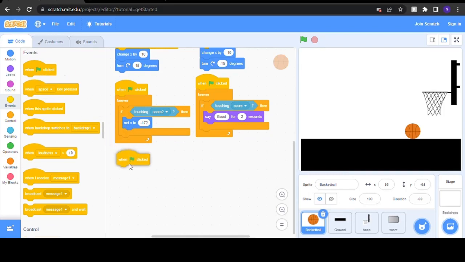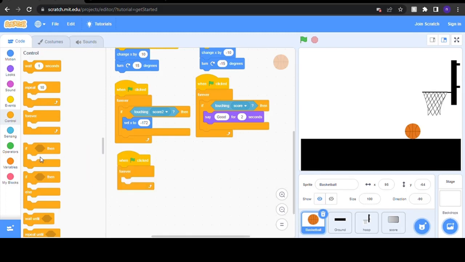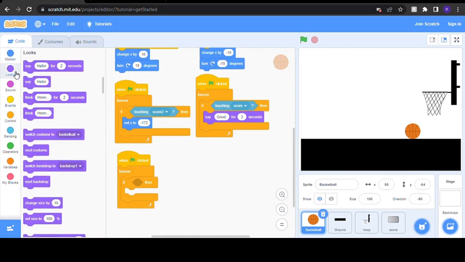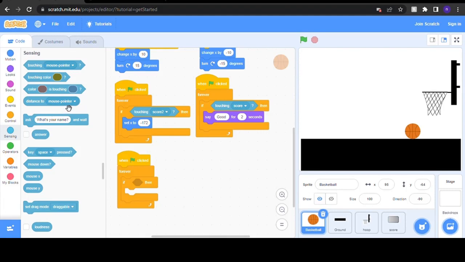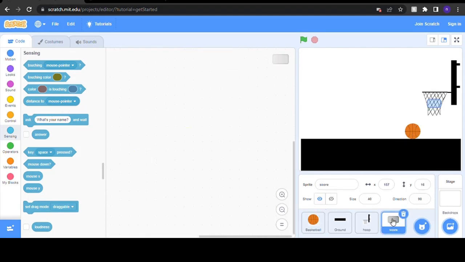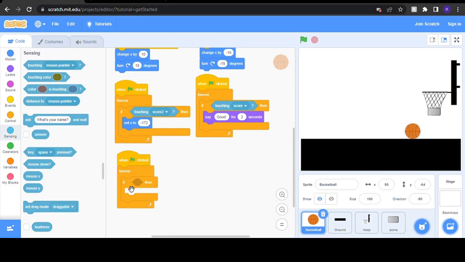And go to events and put when flag is clicked, forever, no, yeah, if statement and motion y, and we have to write sensing distance to, and yeah, we have to do score to this color, and yeah, which is going to be over here, and we have to pass the ball, and this,